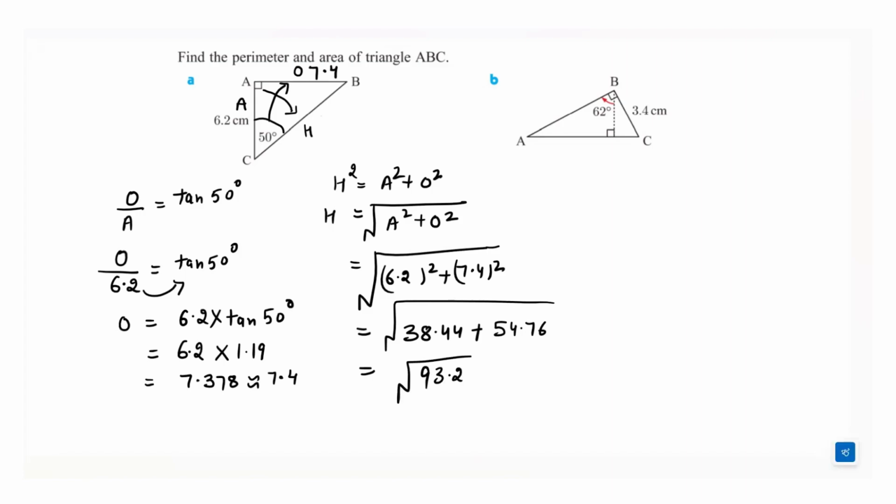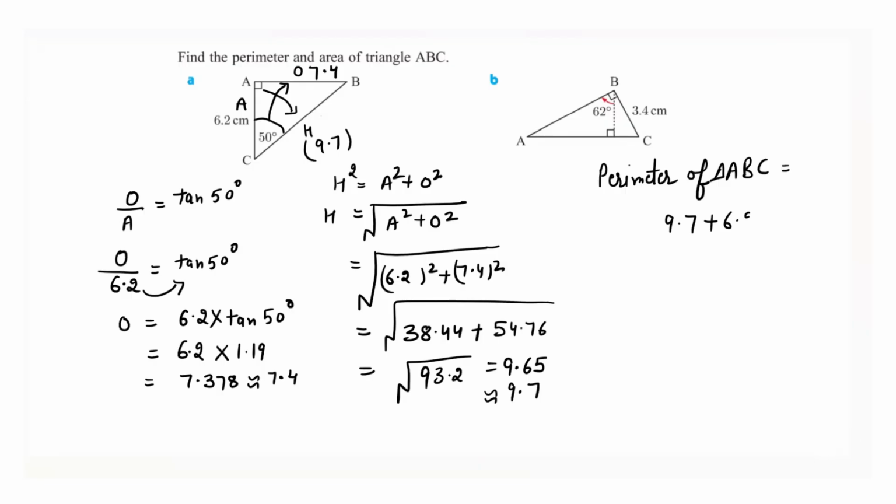We have to take the square root of it, and once we will take a square root of 93.2, we'll get it equals to 9.65, which is again equals to 9.7 if we will round it off. The perimeter of triangle ABC is equals to 9.7 plus 6.2 plus 7.4. So when we will add all these together, we will get it equals to 23.3